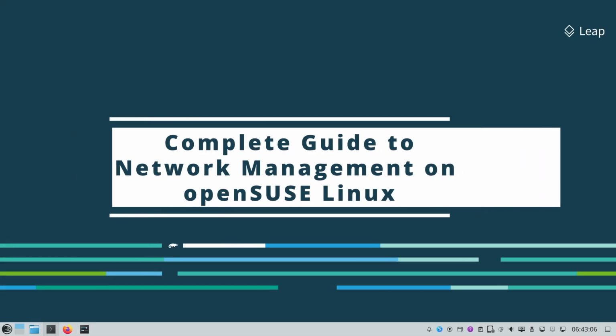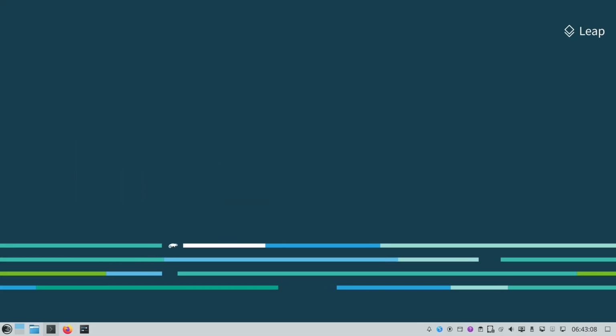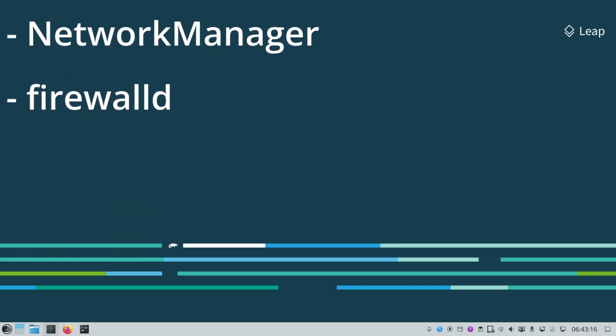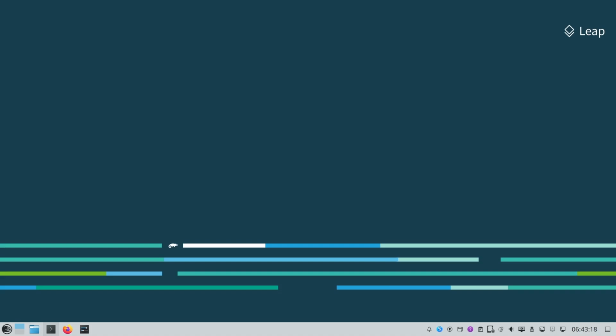Today we are diving into a detailed step-by-step guide on network management using Wicked, Network Manager, and firewalld in openSUSE Linux. We will cover how to configure both Ethernet and Wi-Fi cards, switch between network management tools, and secure your system using firewalld. This is a full guide packed with real-life examples and practical tips, so make sure you watch